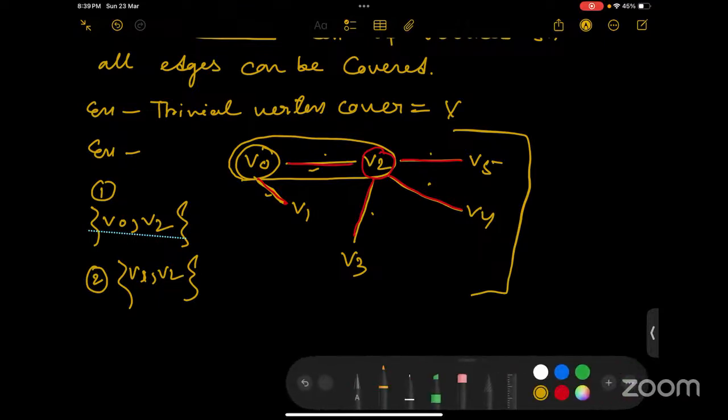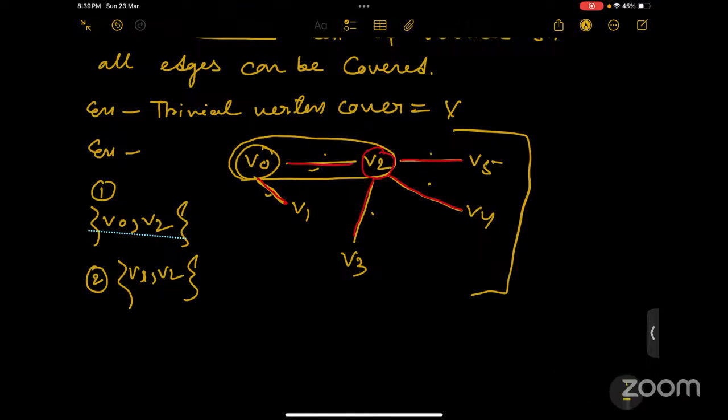Any other vertex cover you can see? Our motto is we want to cover all the edges, right? So accordingly, we have to choose some vertices. There are only two sets: V0, V2 and V1, V2. Another also we can take, like if I omit V2, then